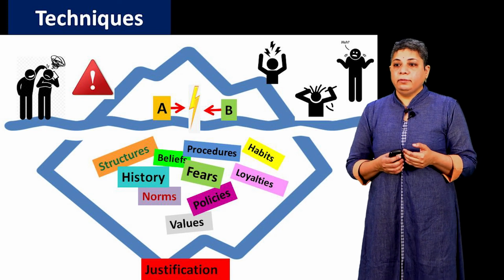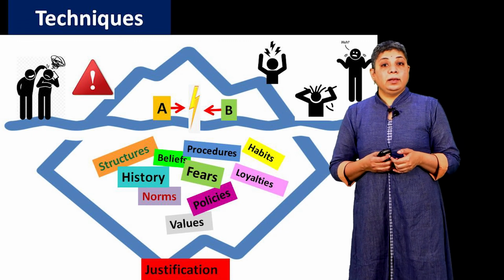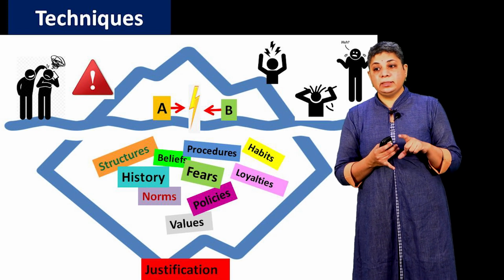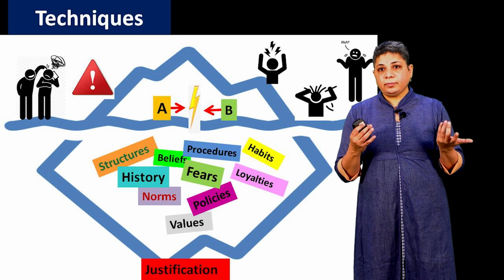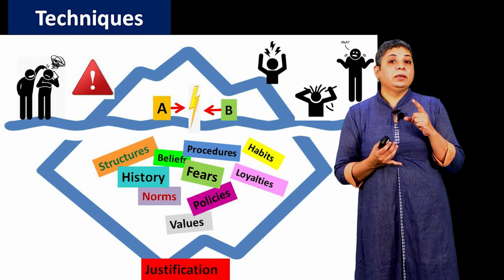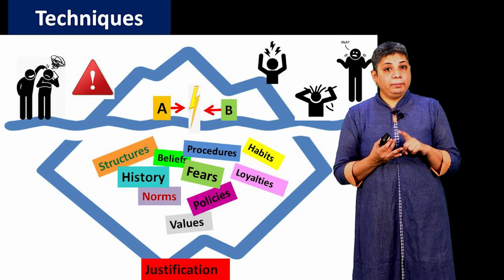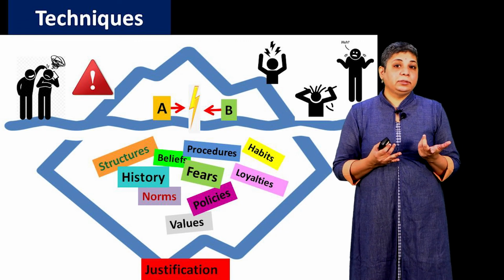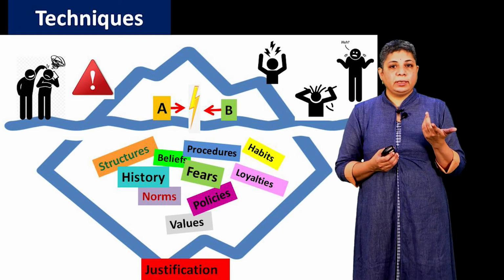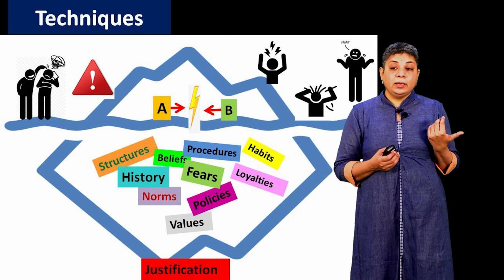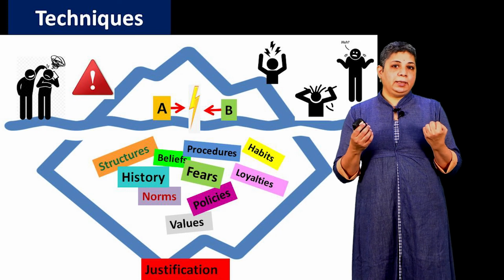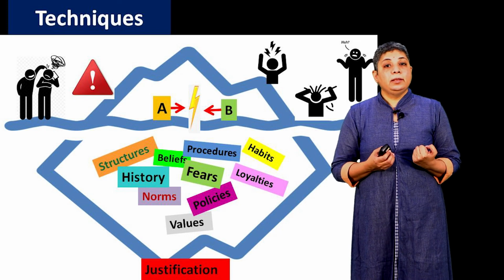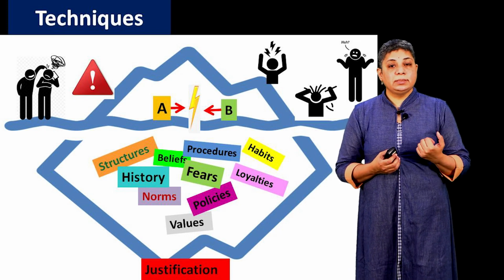So when you look deeply, we will all understand that there are a lot of problems. It could be a problem with structure. It could be a problem with values, with policies, with fears that the two parties have, with opposing beliefs, with changing loyalties or habits, or the kind of procedures that are done, or there could be simply a problem with history, with what has happened in a similar situation prior. All these will lead to each party justifying their position and staying there and not being ready to agree to the other person's stand.